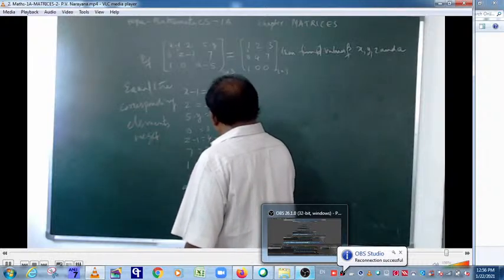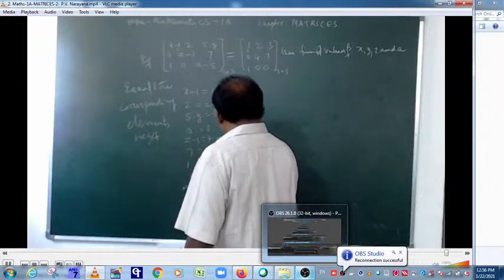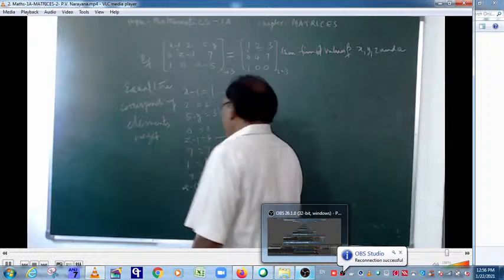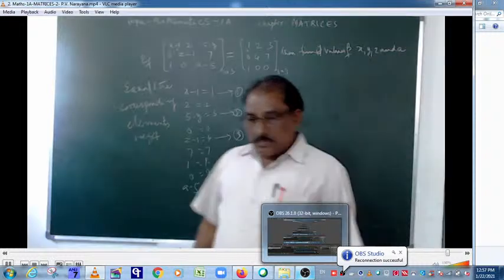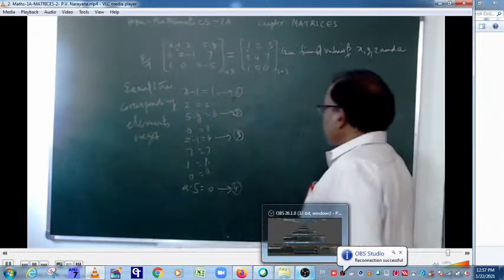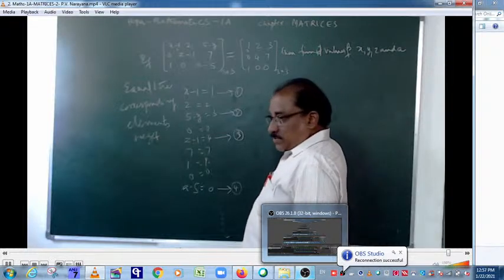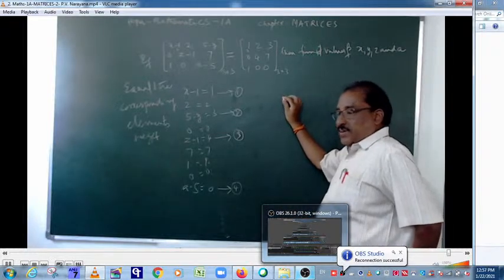This is equation 3. This is equation 4. By solving these 4 equations, you get the values of the